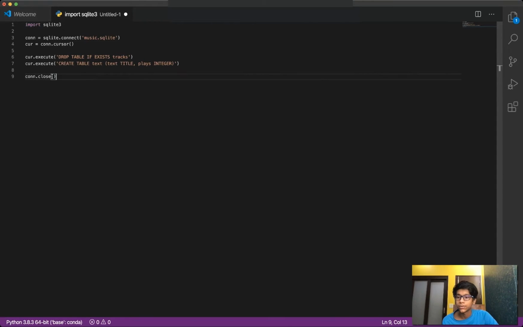And then we'll have to close this connection. Connection closing means we are done with the table and we have created a table. And not only are we done with the cursor, which is the executor, but we are also done with SQLite because we don't need it. If you keep running the SQLite library, then it will slow down your processes very much,